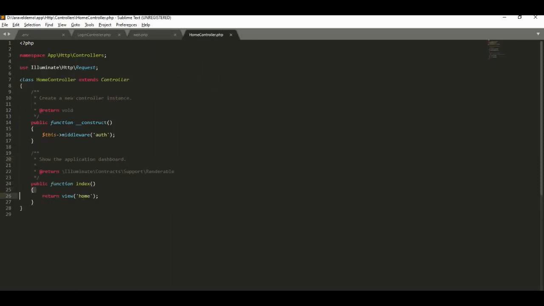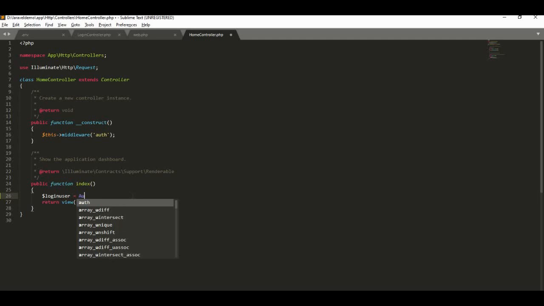Here you can see the index method, and the home view is loading. If you want to get all the details of the logged in user, you can use the Auth user function.